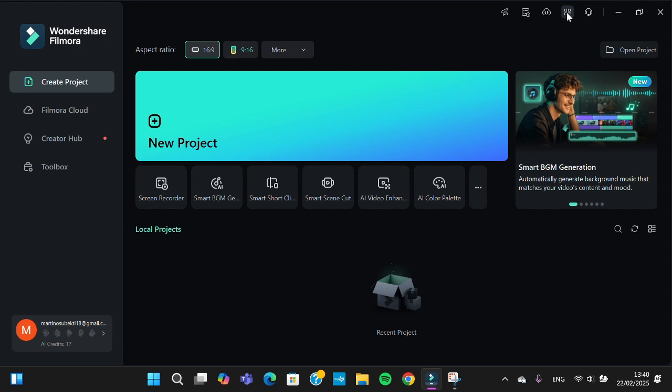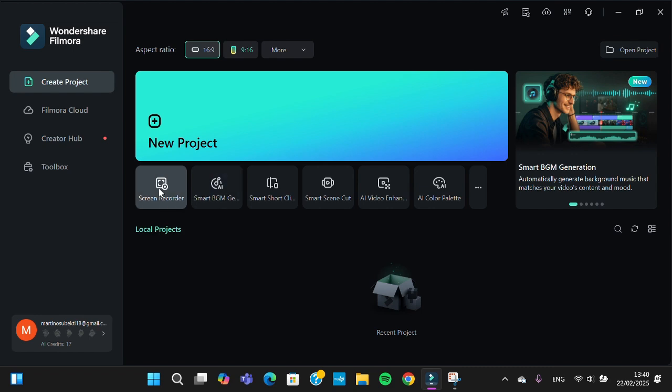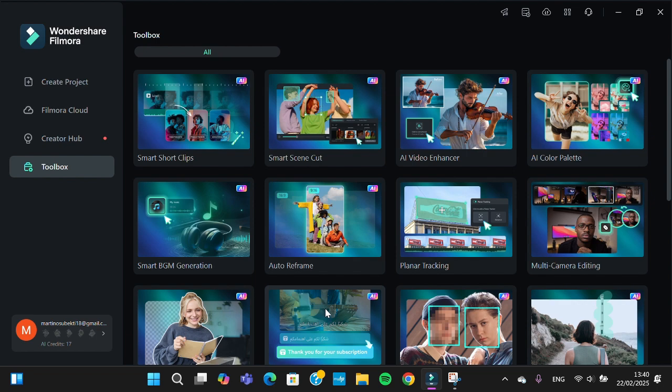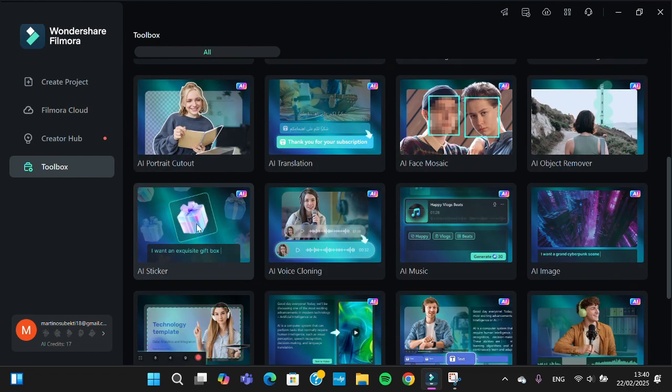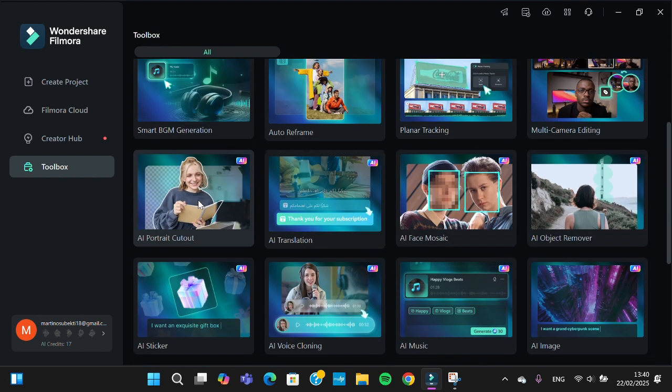So there are two methods we can try to record our screen. The first one, you just need to go to the Filmora feature right here. And then you need to find screen recorder. If you can't find the screen recorder here, you can click on these three dots and then you're going to scroll down until you find screen recorder, this one, and you just need to tap on that to record your